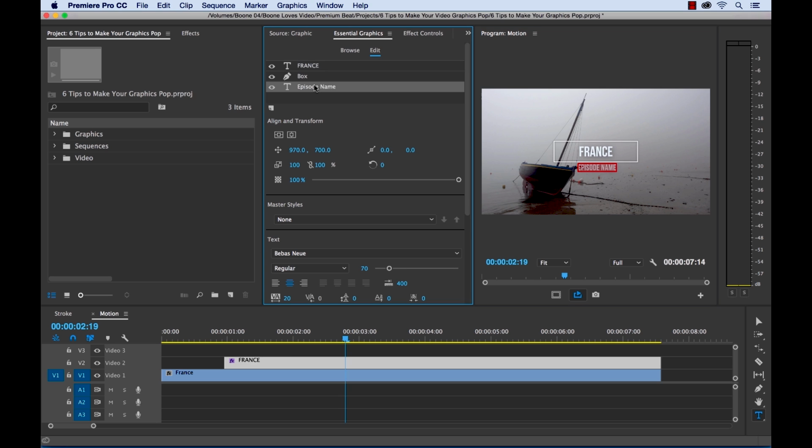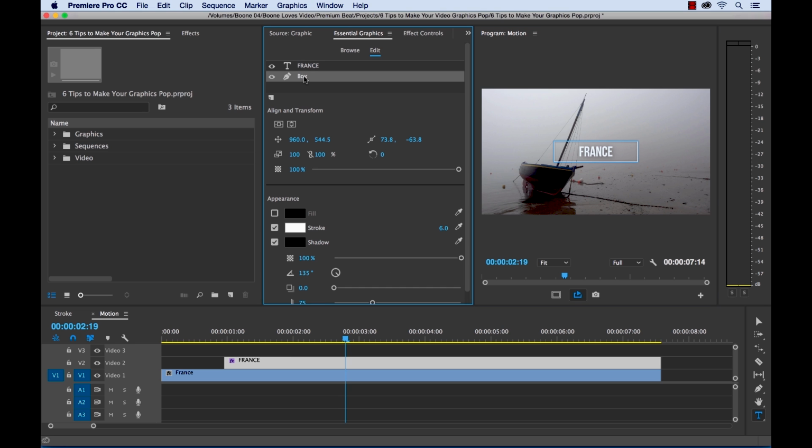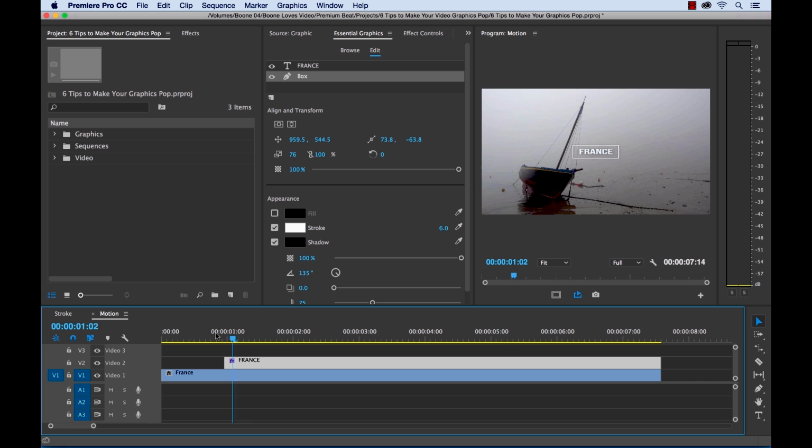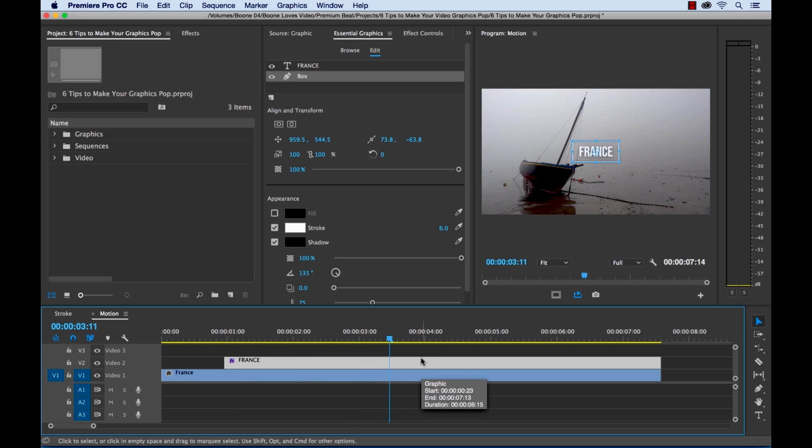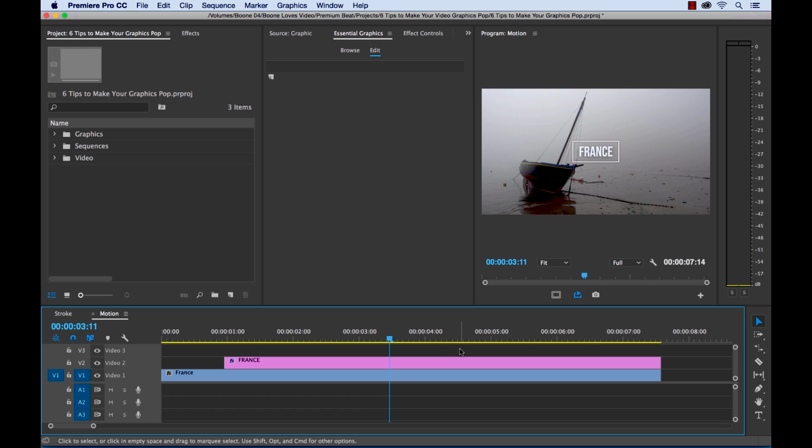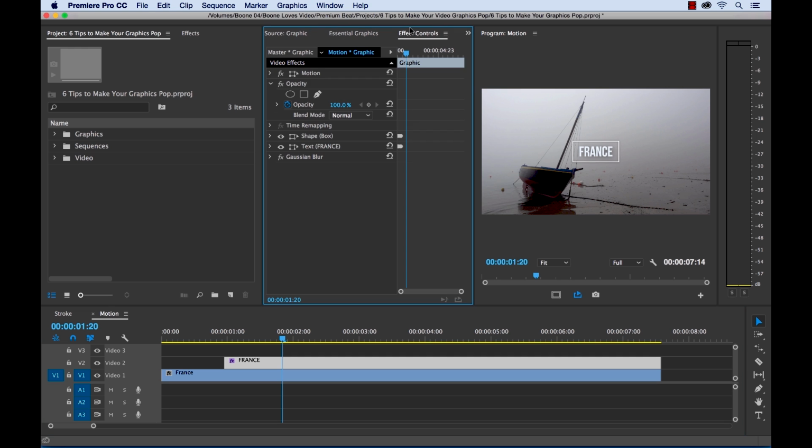And then I can get rid of the episode name. I don't really need that. And then I can make adjustments to the box here. And now I have a really fast animation in that I barely had any time creating that, and that's what's great about these templates. And if I want even more motion, I can go into the Effect Controls panel and